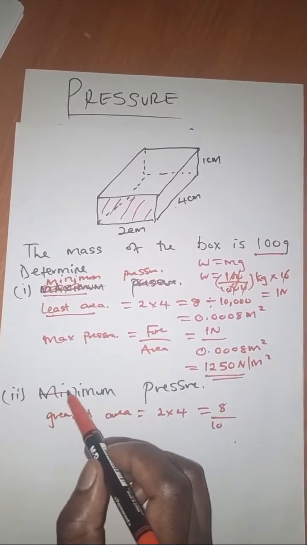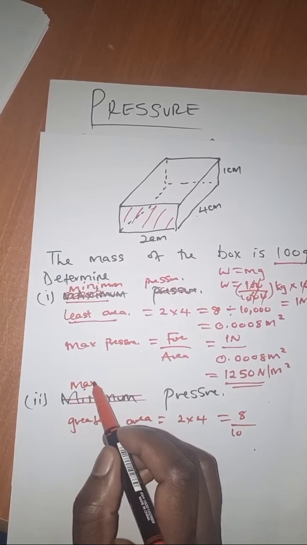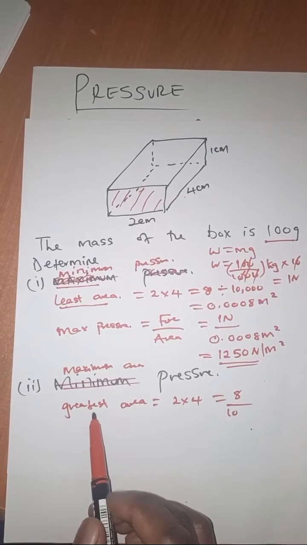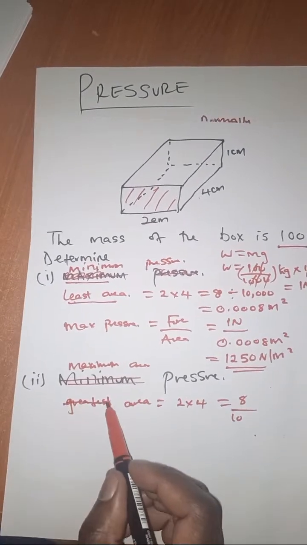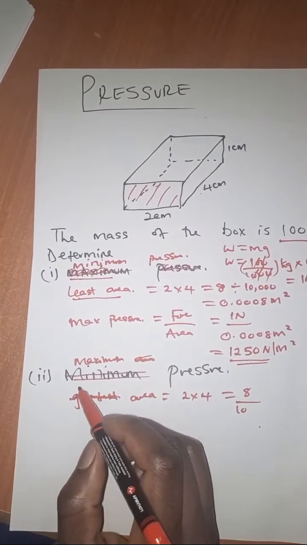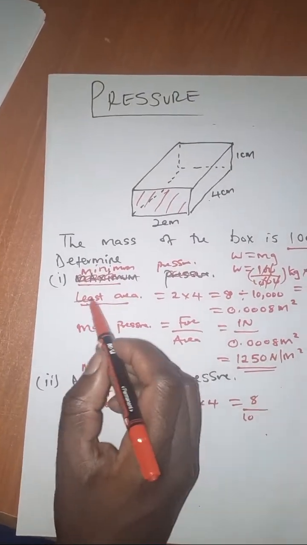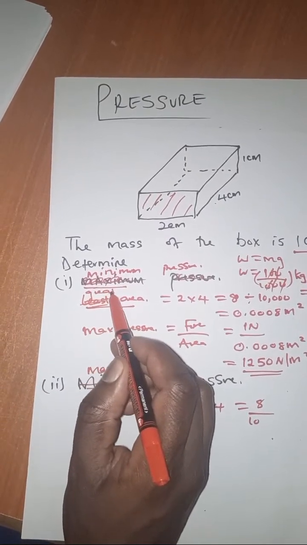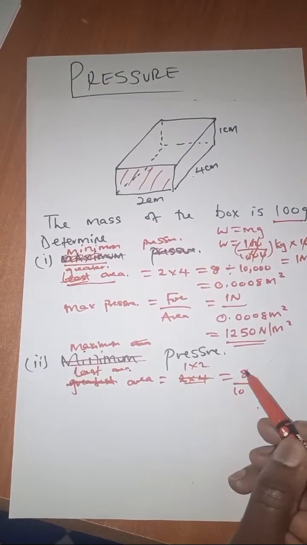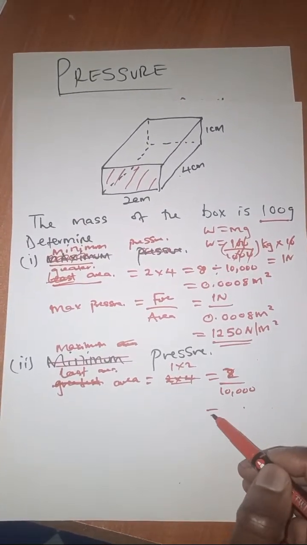So when you are answering this, the maximum pressure, sorry, will have to go with the least area. So this is now the greater area, and the least area is none other than 1 by 2, which is going to be 2. So 2 divided by 10,000, and we get 0.0002